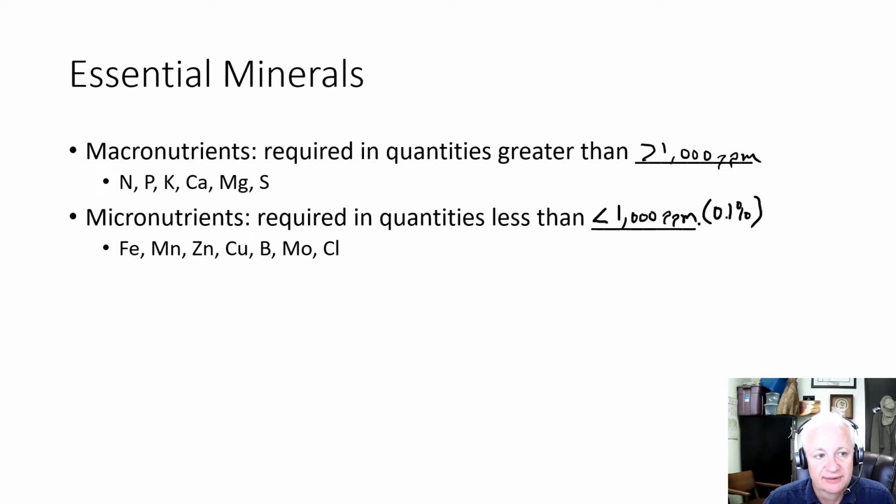I want to point out that it actually is quite difficult to determine which elements are essential, especially for the micronutrients. Essentially what this requires is attempting to grow plants, and these experiments were all done a long time ago with herbaceous plants, for instance, but to attempt to grow a plant in the absence of an element. So maybe in a nutrient solution with phosphorus missing. Can this plant grow and develop? No. That's relatively straightforward for the macronutrients because they're required in greater quantities, but some of these micronutrients are required